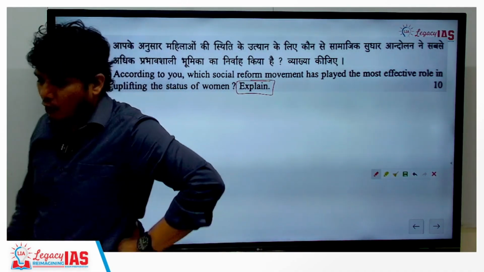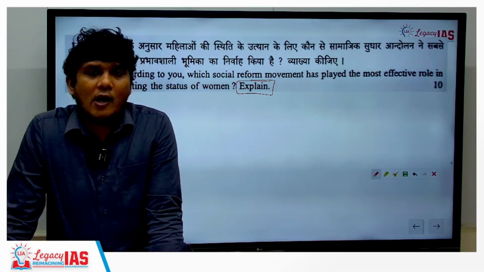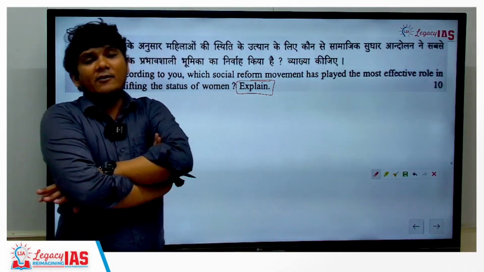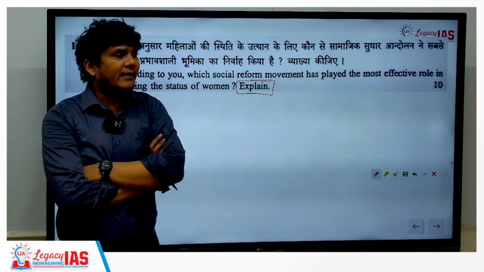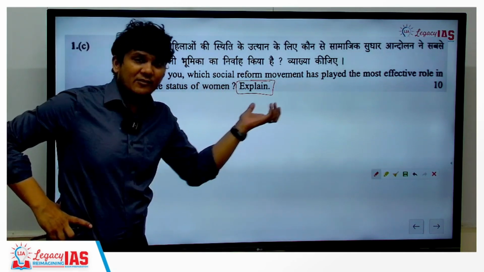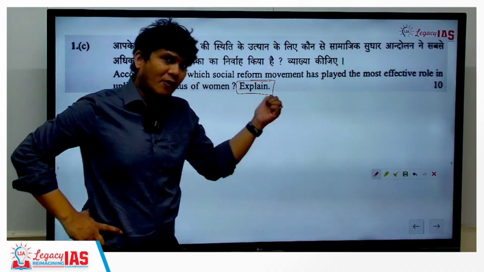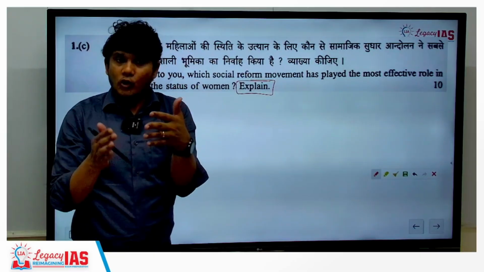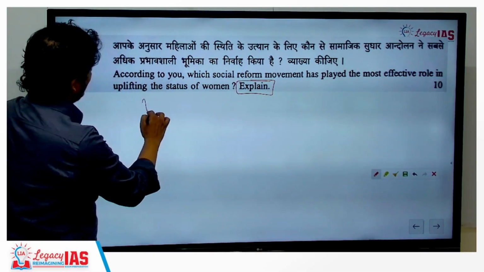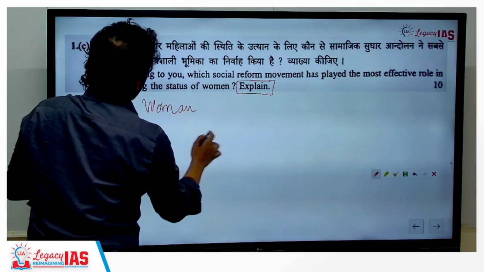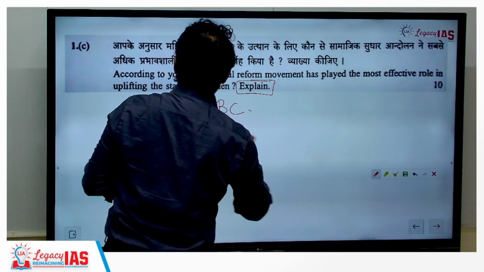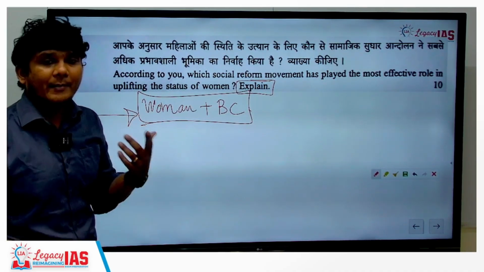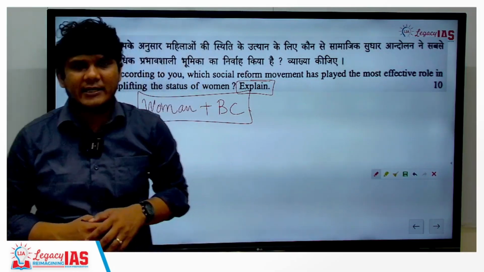Now, there were a lot of reform movements carried out by Ishwar Chandra Vidyasagar, Raja Ram Mohan Roy, and various other civil societies. In fact, even the women's movement as well as the backward caste movement have also helped women, because there will be women of the backward caste who are facing the double whammy. You could take that approach as well, that a person is a woman and in addition belongs to the backward caste, so this is going to be a double whammy, as a result of which the Dalit movement or the backward caste movement have helped. You can take that approach as well, but